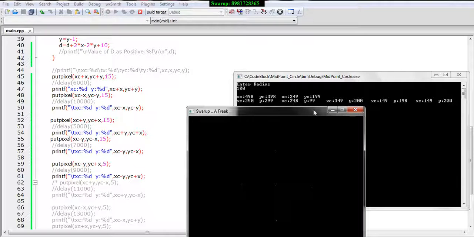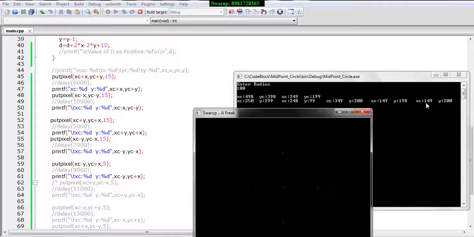So 249 minus 100 makes it 149. So this is the column number 149. I know it's very difficult for you to distinguish. There's a violet color over here, a pixel plotted just below the white pixel. I didn't go for the white color, otherwise you would not be able to understand whether the pixel is plotted above or below this. So I went for the violet color to make you understand it's below it.